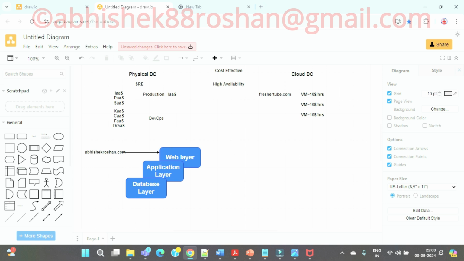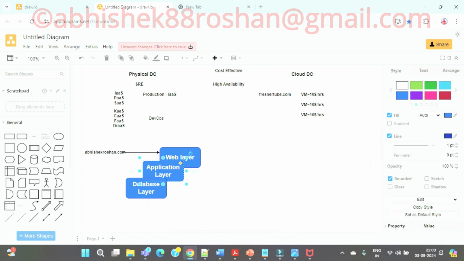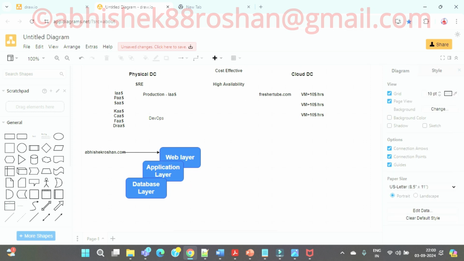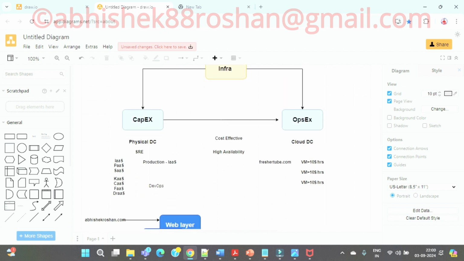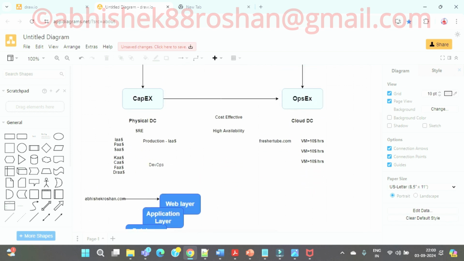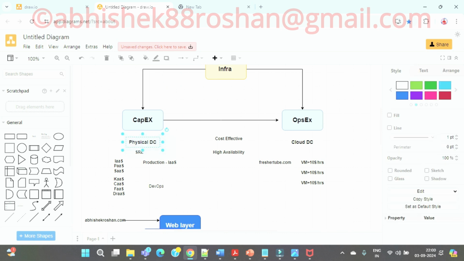So it's coming to the front end, it's hitting that one. Then you are able to fetch the application, or navigate within the application, and whatever data you need, you are going to get from where? From the database, right? But suppose this application layer is down. In that case, the entire system is down. Yes or no? That is also the biggest challenge we have seen in this physical data center.